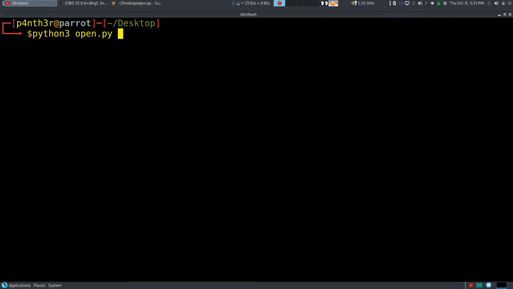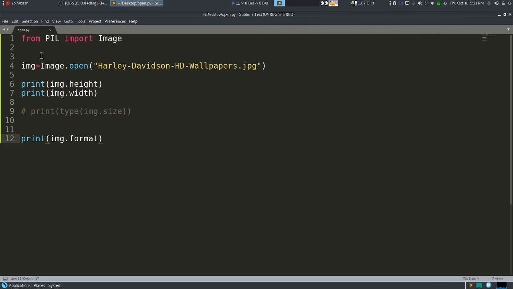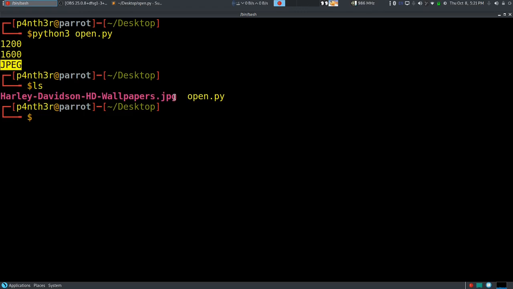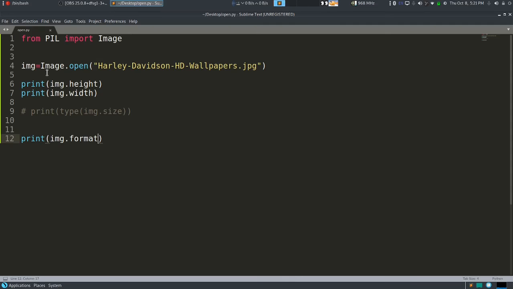Now run the code again, python3 open.py. You can see here 1200 is the height and 1600 is the width. We have commented out this size, so it is not printing. And next it is giving the output JPEG, so it is a JPEG file type. The format of this file is JPEG, so we can print the extension by img.format.